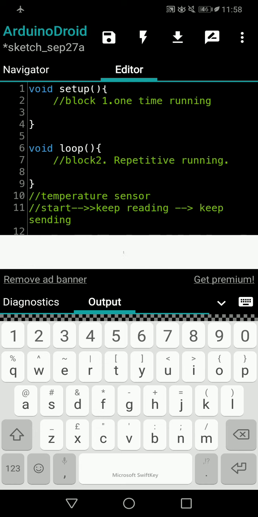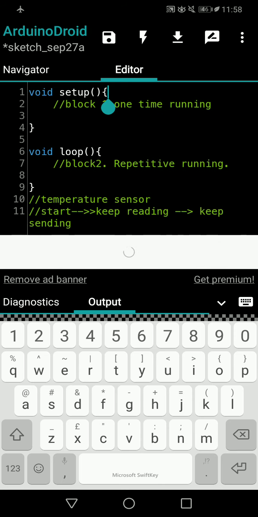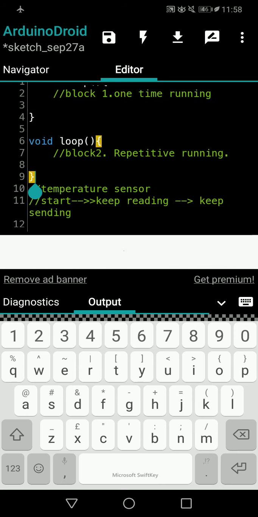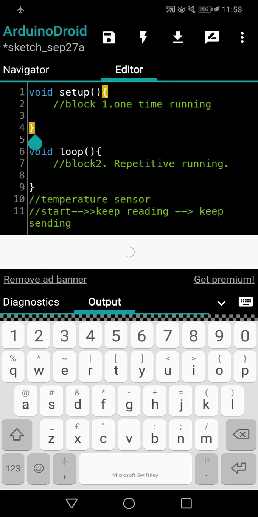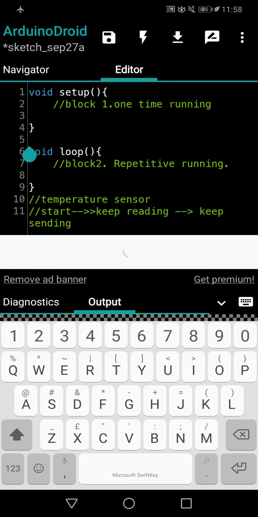So now we will see which part goes where. These three things will be translated into code, and it will be uploaded to the Arduino as a program. That code either has to be written within the void setup or void loop, or within both. So you have to decide which part of the code should come inside the void setup, and which part should come inside the void loop.